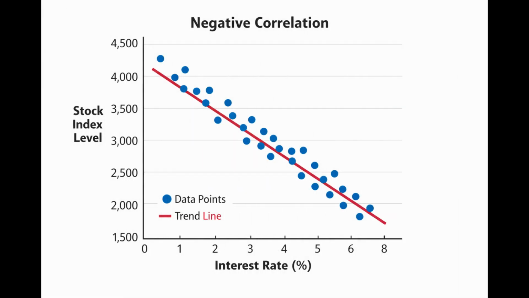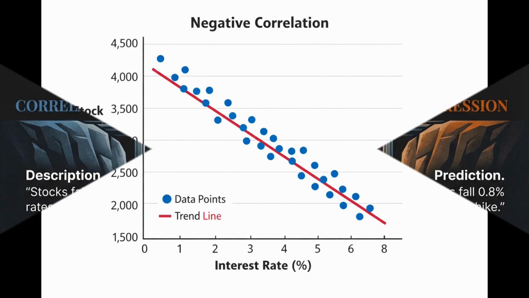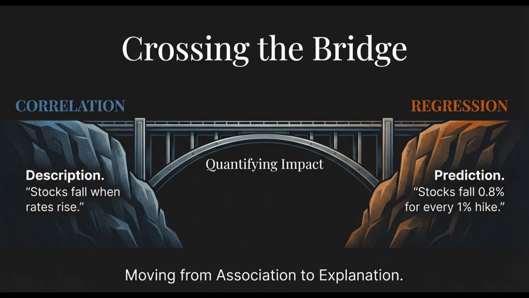Correlation is just an association. It just says that stocks tend to fall when rates rise. But we need to cross a bridge to get to an actual explanation, which sounds more like for every 1% hike in rates, stocks fall by this specific amount. See the difference? It is about quantifying the impact, and that bridge leads us straight to our next, much more